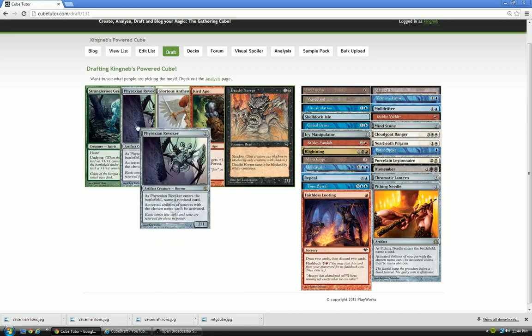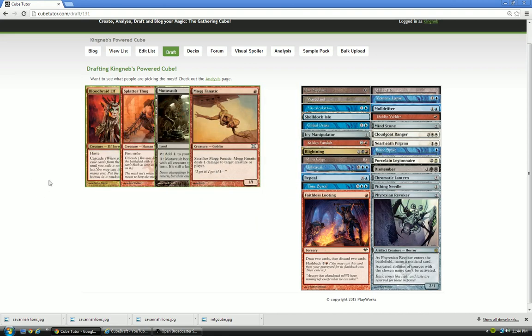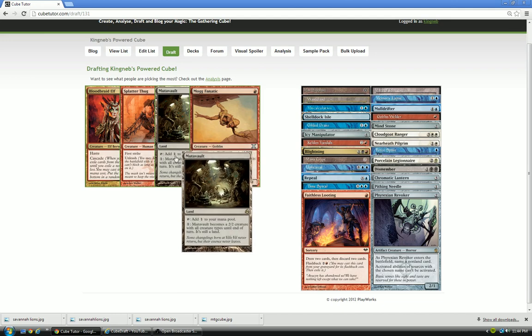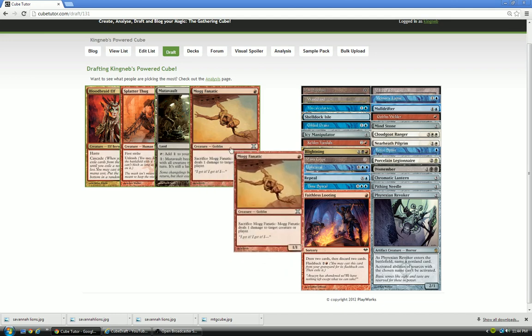Here's a 2-mana guy. A 2-mana guy that can shut something down, so that's the pick for me here other than 4 other aggro cards. So I could take Mog Fanatic. I could take Mutavault, but I feel like my mana is going to be kind of sketchy already. I guess I'm just going to take...